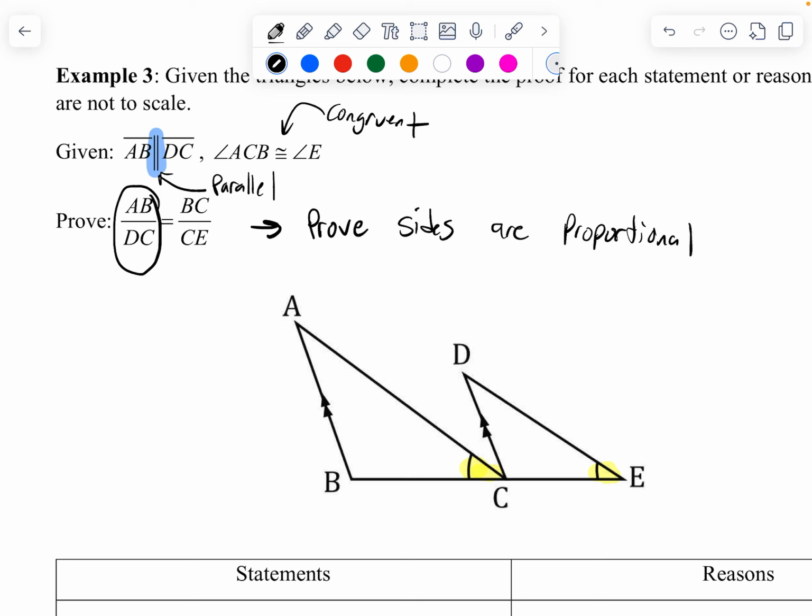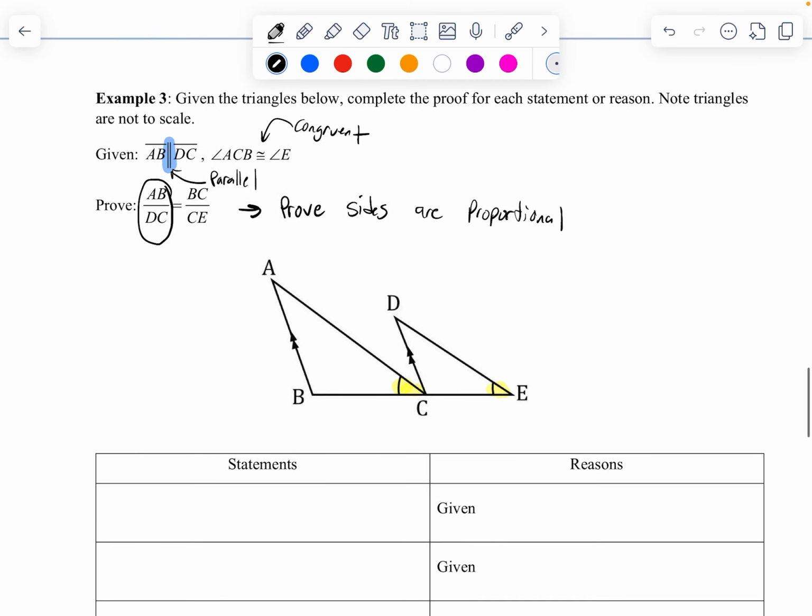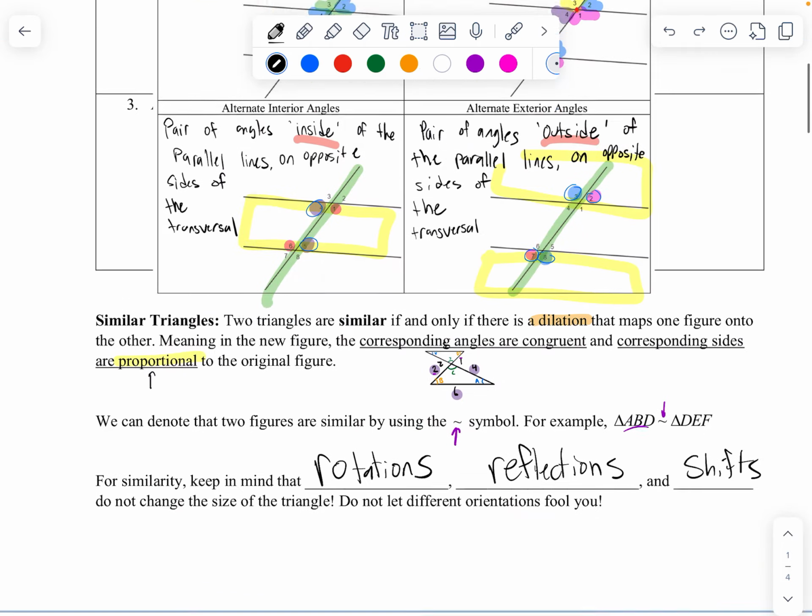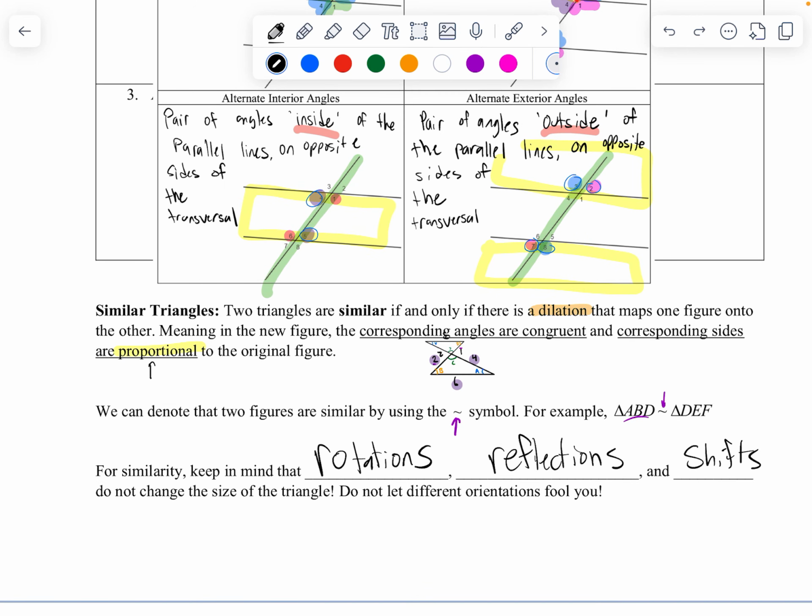No, we don't know the sides are proportional because remember, do we have anything given to us talking about side lengths? No, we only have stuff right now with an angle and something about parallel. All right, we know nothing about side lengths, but we need to prove that our sides are proportional, aka we need some side lengths. But keep in mind, this is back to a definition, is that 2 triangles are similar